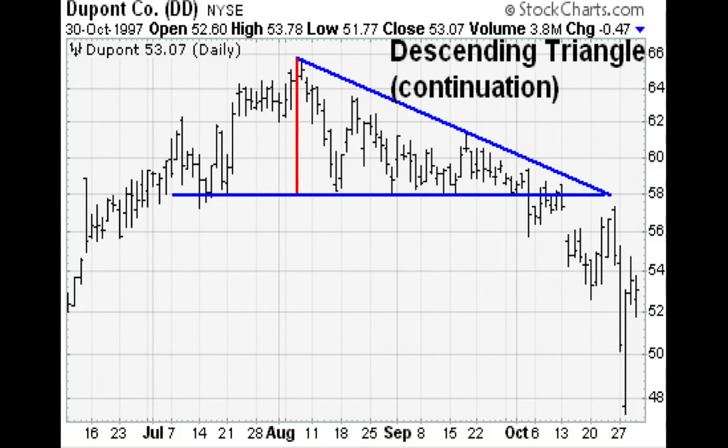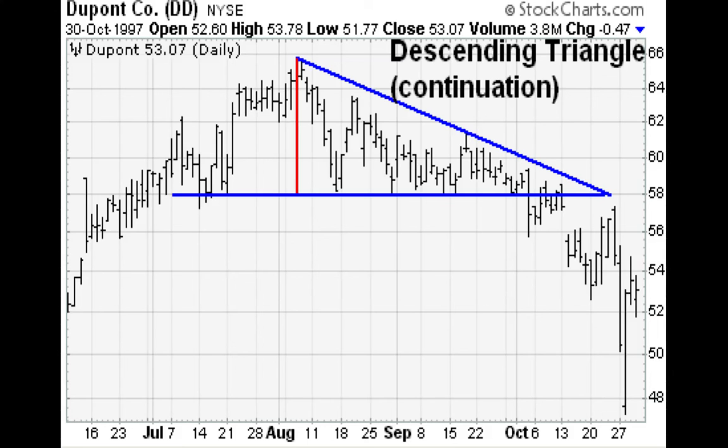Okay, this is DuPont Co. This happened over about 2 or 3 months, and as you can see on this one, the red bar is the base of the triangle, and the descending line is the top blue bar. This is basically the opposite of an ascending triangle. The thing to keep in mind is the bottom support line. It needs to hold that support for the pattern to be in play, and when it reaches the top blue bar, it should have lower highs, and once again it should